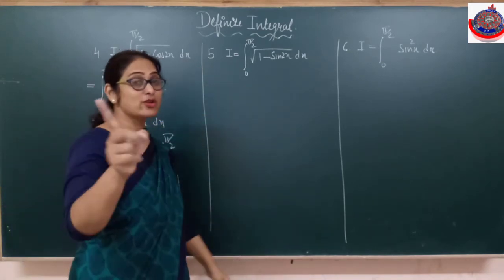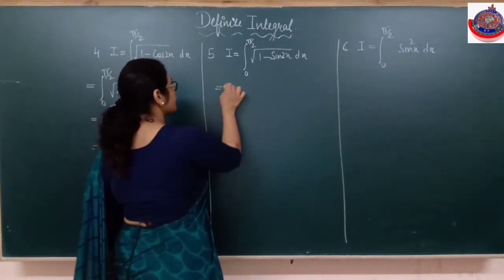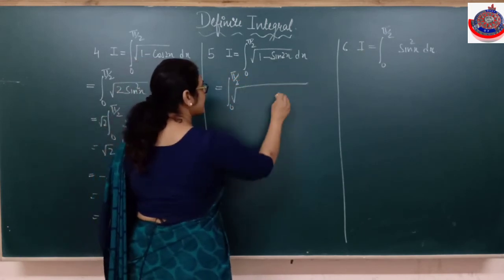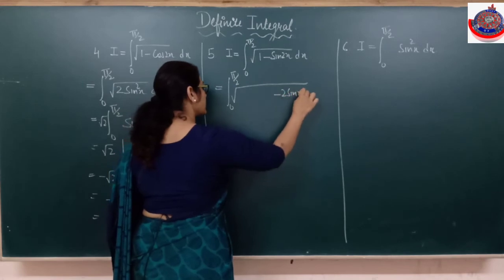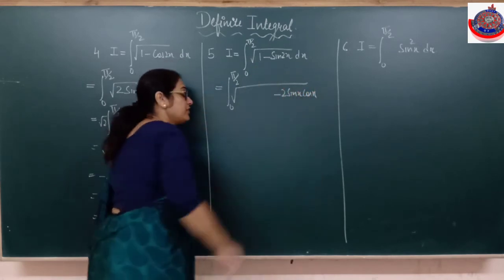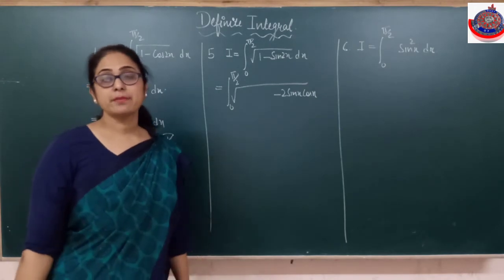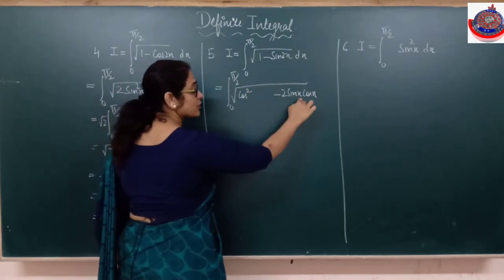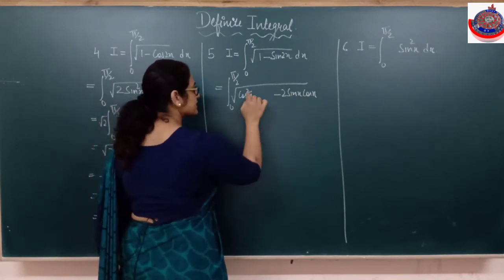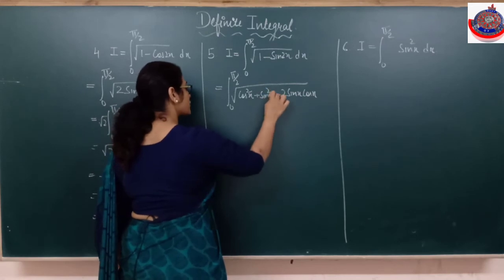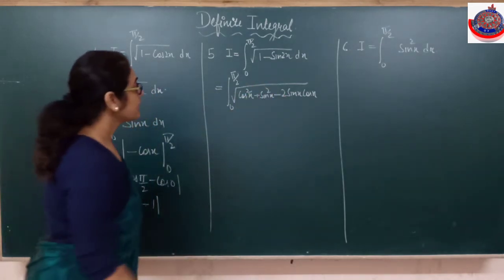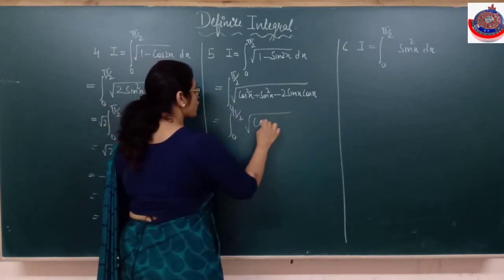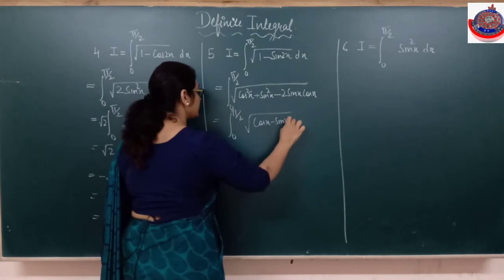Whenever I have 1 minus sine or 1 plus sine, what do we do? Many of you remember, I know. In place of sine, we apply the double angle formula. And in place of 1, we apply the identity cos square theta plus sine square theta equals 1. Whatever the angle is, you have to take the angle in accordance with this. The angle is x here, so I will take x only: cos square x plus sine square x. Clear? And when we do this step, we always get a whole square, that is, the whole square of cos x minus sine x.